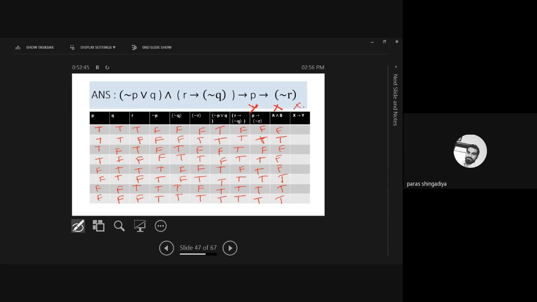Okay. So here we'll check X conditional to Y. X conditional to the Y. Okay, compare the last two columns. X conditional to the Y, so there is no such case where the first statement is true and the second is false. Okay, in all the cases it reflects the T outcome. So it is a tautology. Is it difficult or easy? Okay, it's very easy, just you have to know how to solve any of the columns by using the given operator. Okay, the rest of the part is very easy.